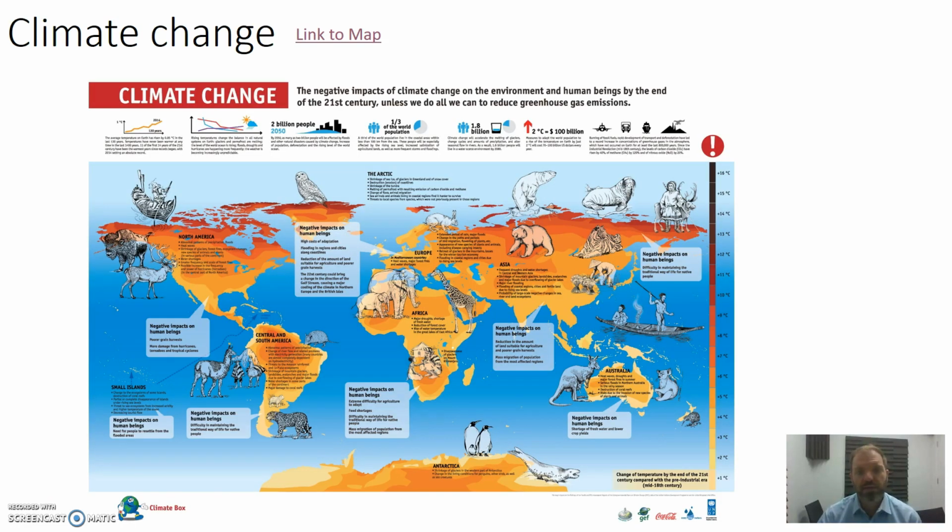So this looks at climate change. It's going to be pretty small for you to see this, but there's a link to the map here that you can go to and look at some of the details. But basically what we're saying here is that climate change, temperature, rainfall, water availability, all those sorts of things, are having huge impacts on the natural environment. Clearly plants and animals and other parts of the ecosystem are going to be affected by this. And it's going to lead to floods and natural disasters and fires and water shortages and melting of glaciers and ice caps, all that kind of stuff, which will have huge impacts on the local flora and fauna, like I said, and also flow-on effects to humans.